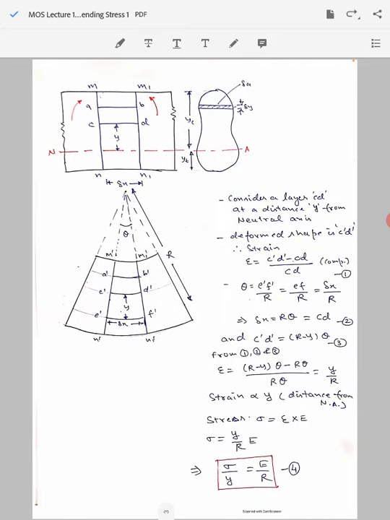Now let's consider a small elemental strip delta y. This is the cross section of the beam, and I have just taken an arbitrary shape here. So let's take a small elemental length delta y, which has area delta A. It is situated at a certain distance from the neutral axis. The bottommost fiber distance is given by yt, and the topmost fiber, which is subjected to compressive stress, is given by yc. Just keep in mind that we are considering a small strip of area delta A, situated at a distance of small y from the neutral axis.